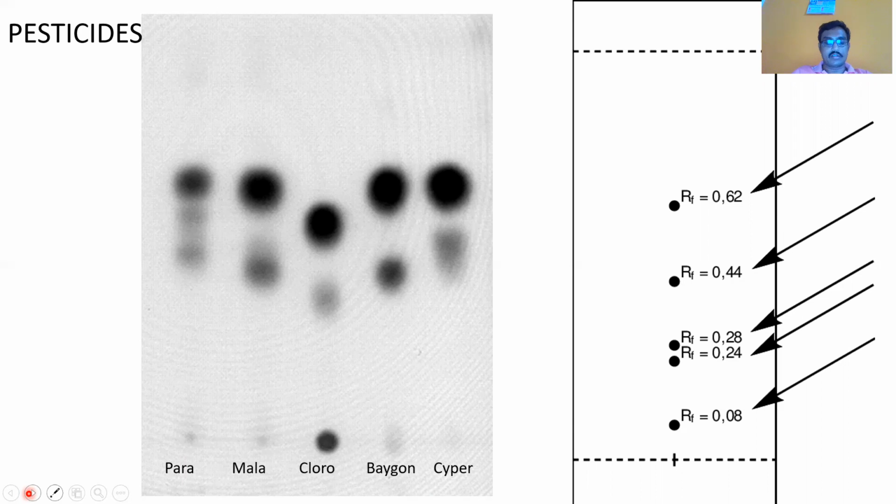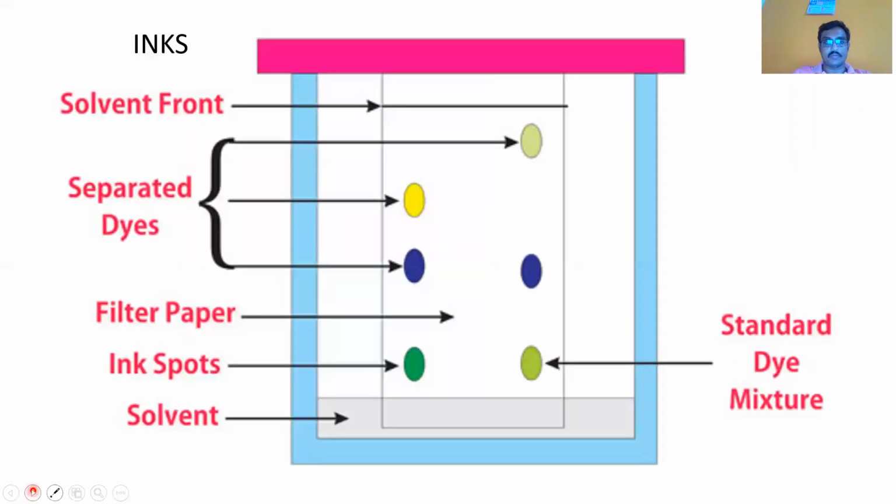The other common application which I wanted to explain was in our questioned document section, a little diverse from what we've seen so far. So inks. We can do ink analysis using TLC. It's a very simple technique to find out which ink has been used, what type of dye is present in the ink, and we can also compare two different writings on two different documents based on our ink analysis. So ink can be extracted from the piece of paper, from the document that is questioned. That extracted ink can be separated using a TLC.